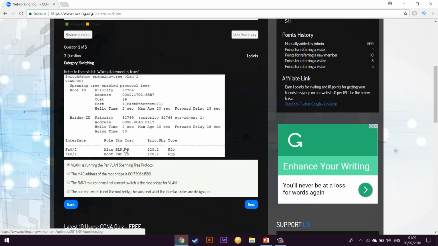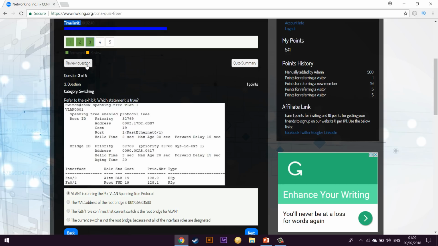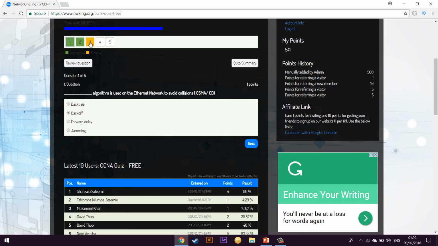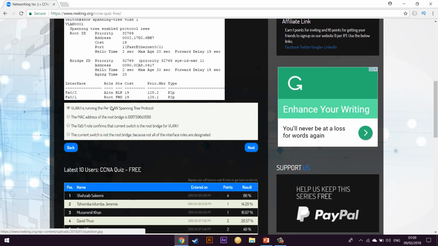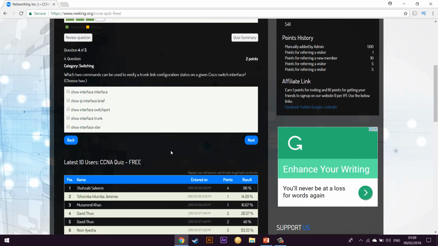If you want to review the question, you can click on this and it highlights that for you, so you can always come back to it later, knowing that you've highlighted it for review. You can click that button again and it goes away from review status. Let's click the next question.